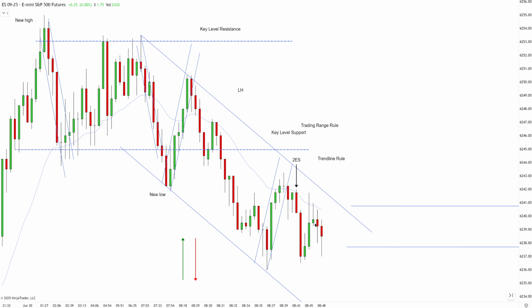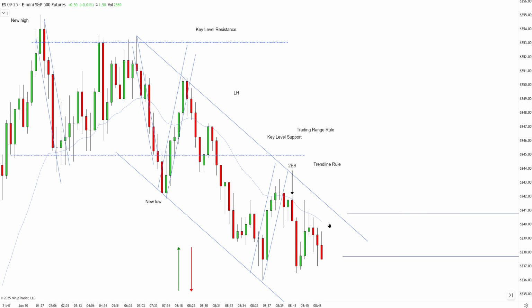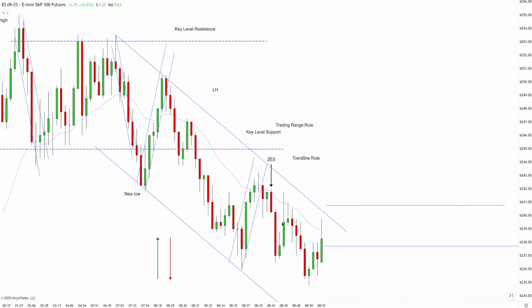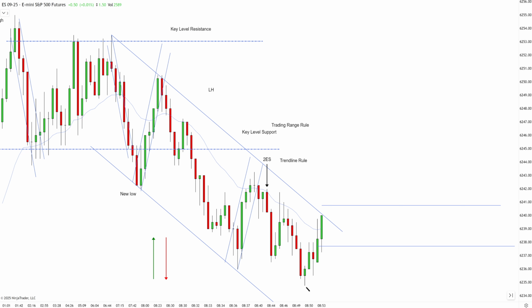You had a second entry long, but the signal bar of course is terrible. You cannot go short below a doji like this, excuse me, not really a doji, but an inside bar like this, and market continues to go lower. Okay, so now we're clearly in this bearish trend down. We have lower highs and lower lows, so I have to follow the trend line rule, which means I'm not thinking about selling. Okay, I want to sell at the key entry point,